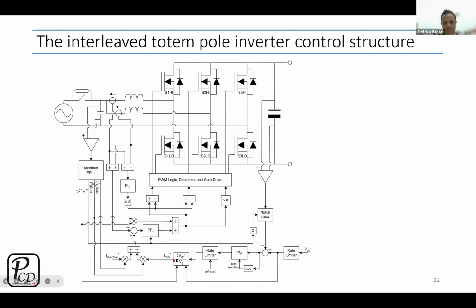So as you can see here, we'll have the voltage reference, and then we will have the voltage controller with the gain scheduling. So when the error is small, then I can reduce the gain to improve the THD. When the error is large, then I can increase the controller gains for a short moment to bring down the output to regulate the voltage quickly as soon as possible. And then